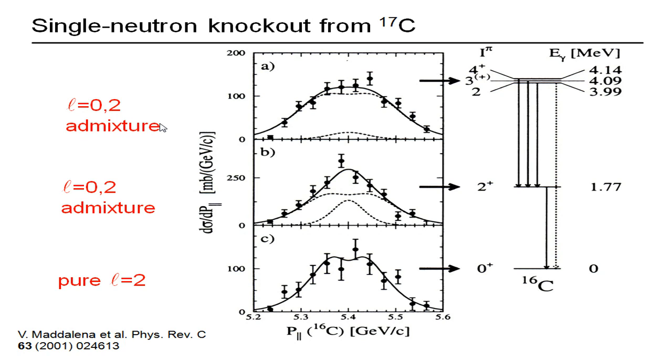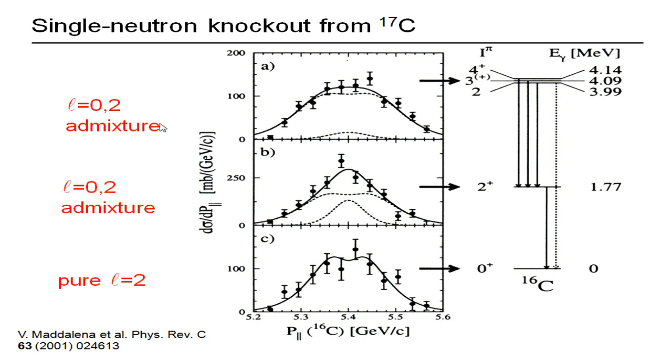Okay? Carbon-17 goes in, a neutron gets taken out somehow, and carbon-16 goes forward. And one can observe gamma rays from the carbon-16, and you can also measure the momentum of the fragments, either in coincidence with the gamma ray, or if there was no gamma ray, the momentum distribution of the fragments without a gamma ray. Okay? And this is an example that shows you the momentum of those fragments,